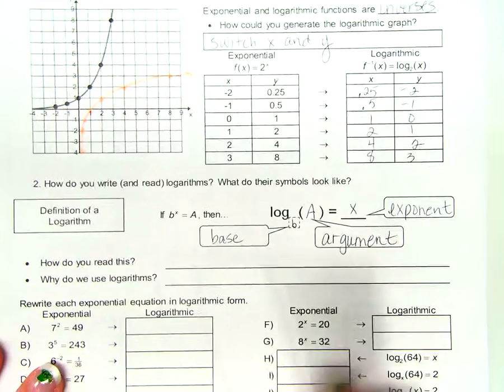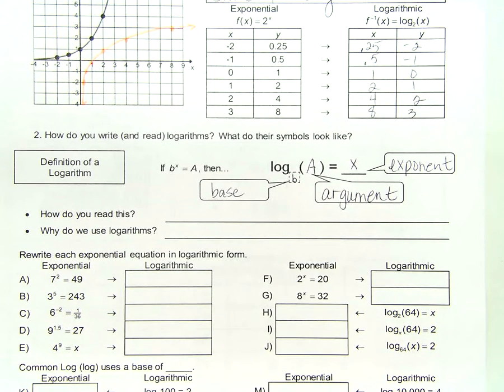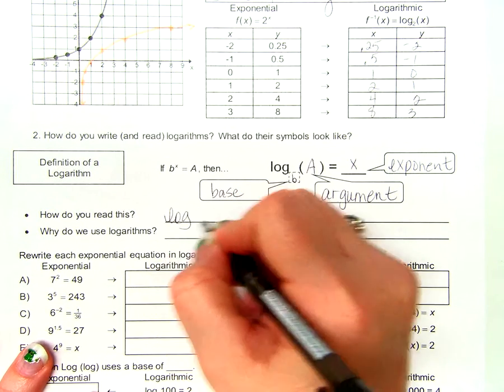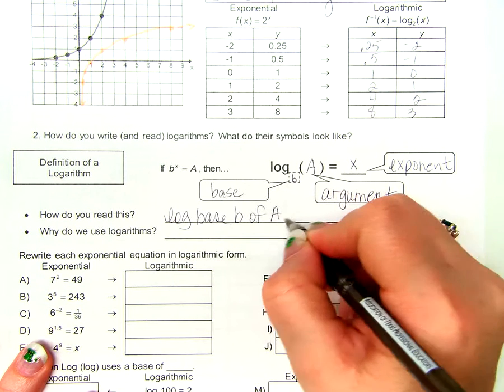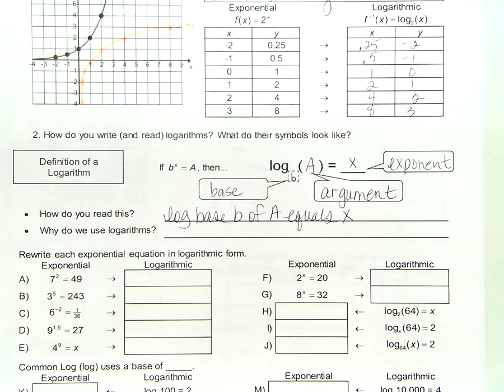So, how do you read this? Well, to be very honest, I've heard probably like 3 different ways to read it. There's not just one way to read it. That's how I read it because that's how I was taught to read it. That is not the only way to read it. Log base b of a equals